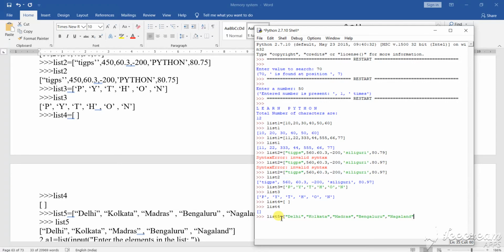After Nagaland, suppose Meghalaya. So these are some names that I have given of some states. Now after giving the names of some states or some part or place, you can use it.